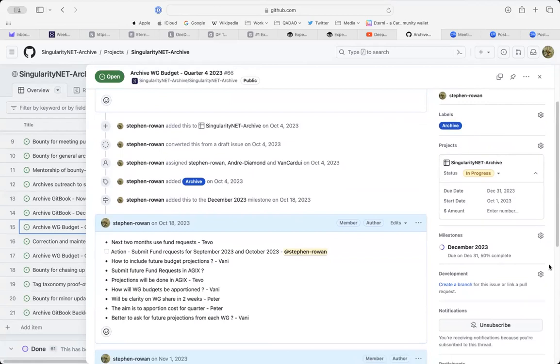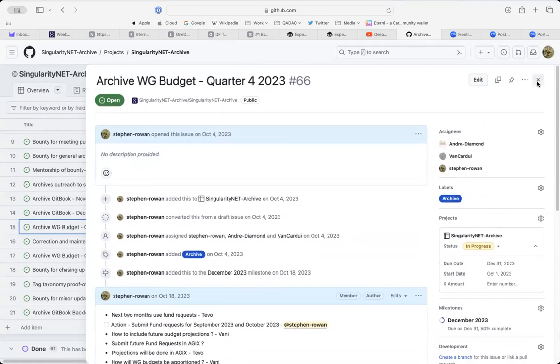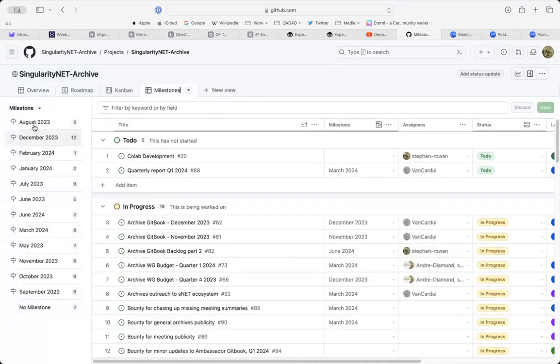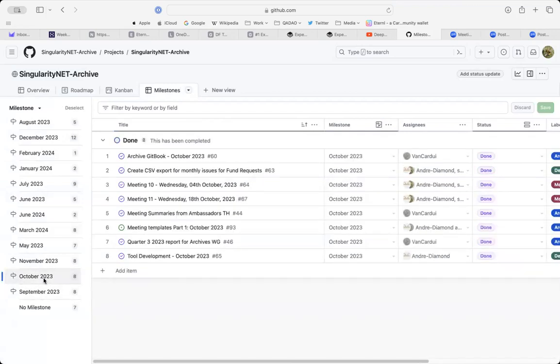Well, the thing is, I can filter it by month. I could go to the milestones here, and the last one was September, so we've got October. I could export all the ones closed here and submit that as one. I could do the same for November.